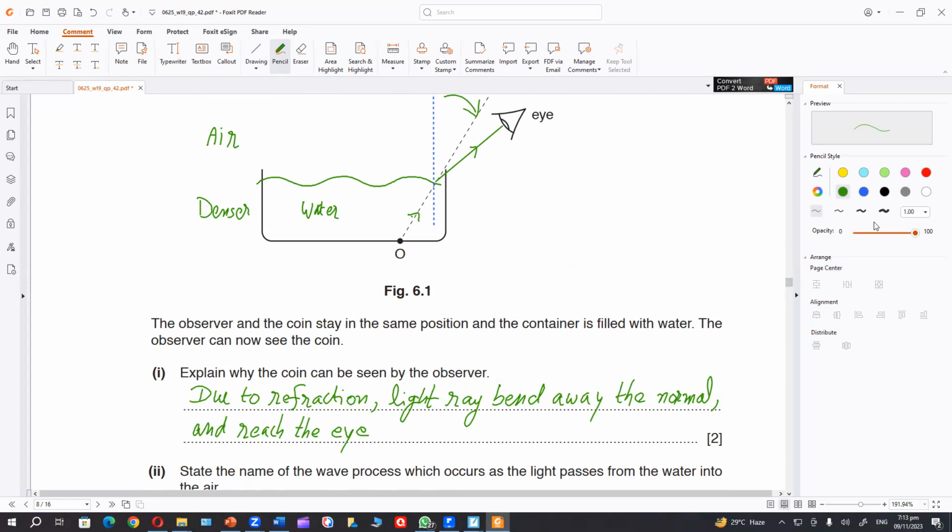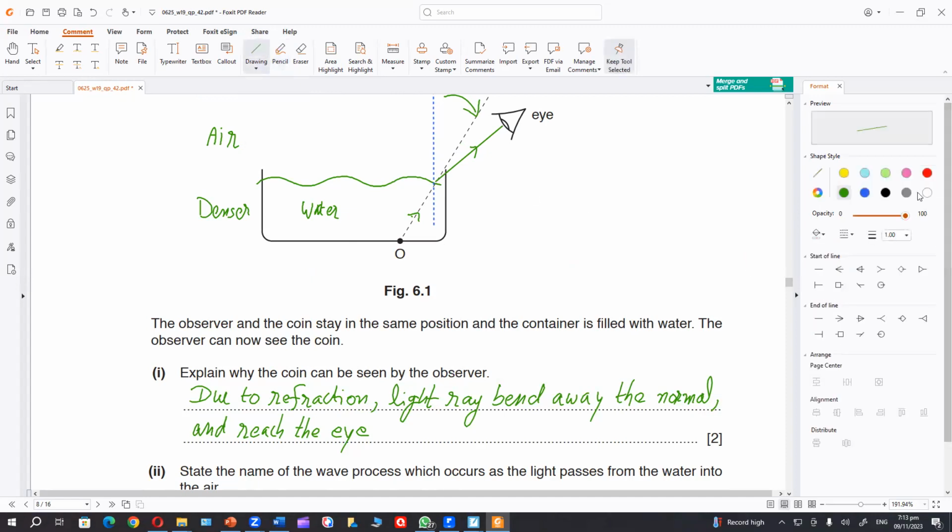Can you hear me? Yes, I can hear. So what is a virtual image? Actually, it is not an image that is formed on a screen, and this image is actually, if I extend my ray inside, you will notice that the ray is reaching here, which is a higher position,